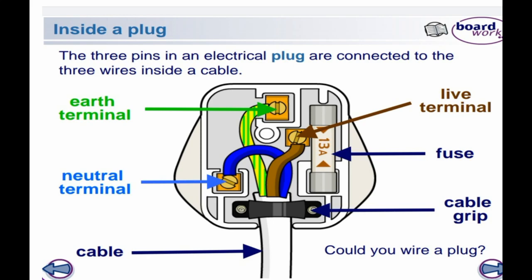Now we know that we will be having a 3-pin socket. In this 3-pin socket, there will be 3 pins. One pin will be a red color one, which will be attached to the live wire, then a blue color one, which is the neutral, and the third will be the earthing. And this third pin will be a little bit longer than the other two, which are short.